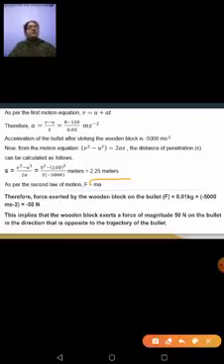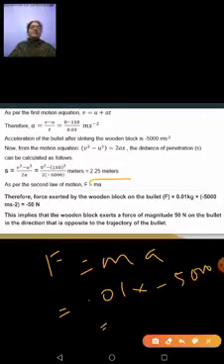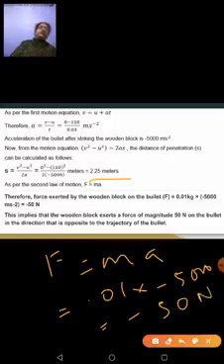Now what else have they asked you to calculate? They had asked you to calculate force. So force can be calculated by using the formula F is equal to ma. We know the value of m. We had converted the 10 grams to kilograms as 0.01 kilogram, into your acceleration, which is minus 5000. When you multiply this, you get the value of force acting on it as minus 50 Newton. Newton is the unit for force. Again and again I'm telling you the units, because it's very, very important. Acceleration is meter per second square, distance is meters, the SI unit, and the unit for force is Newton.